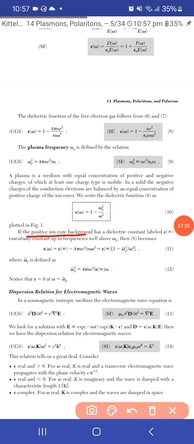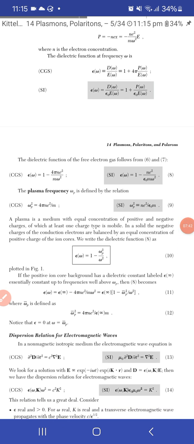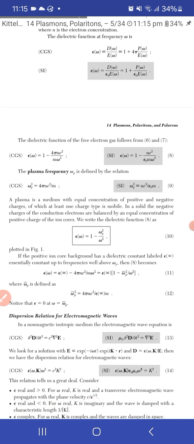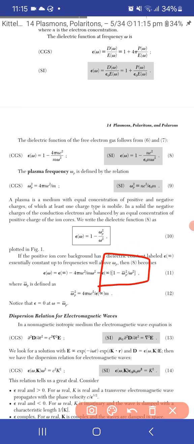If the positive ion core background has a dielectric constant labeled epsilon, we have this formula. It says if the positive ion core background has a dielectric constant labeled this, it looks like this might be epsilon_r for the background relative thing. Not sure, but moving on, you have to somehow remember this, where this is defined as